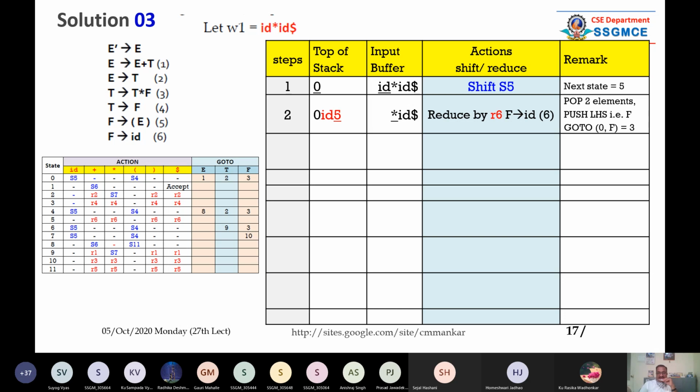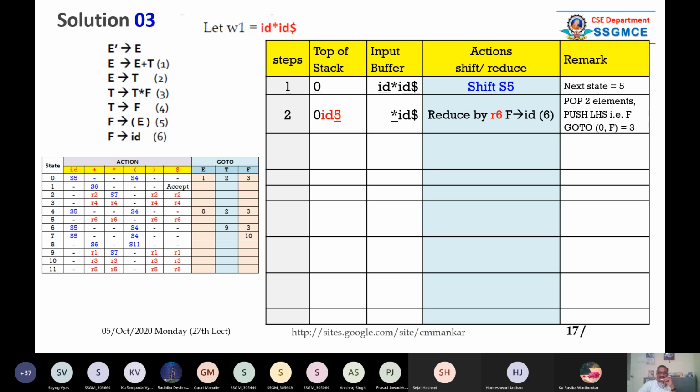तो जैसे हमने थ्योरी में पढ़ा है कि if right hand side has n number of elements, then you have to multiply it by 2. So twice number of elements you have to pop from the stack, and then push the LHS into the stack. Then you have to push newly computed go to state into the stack.